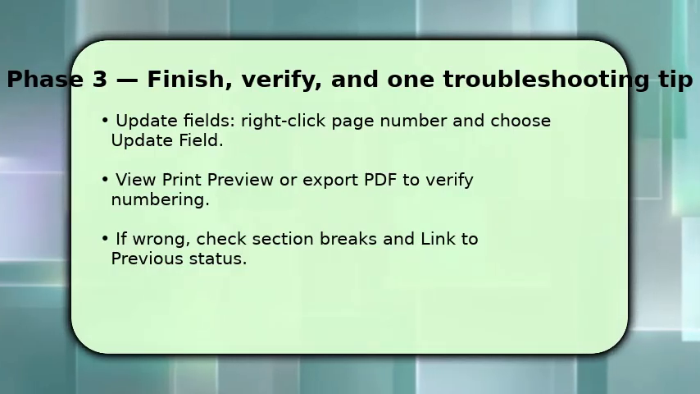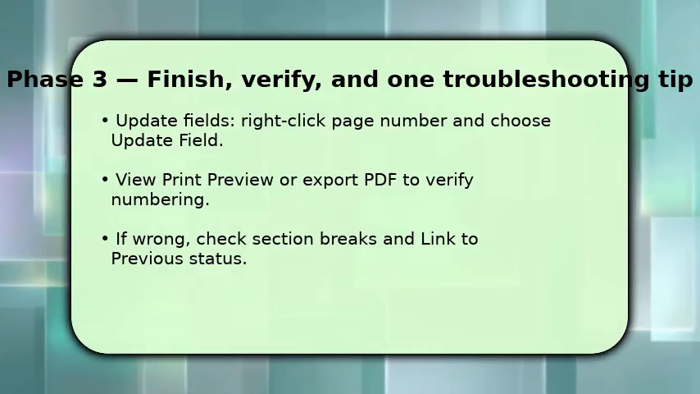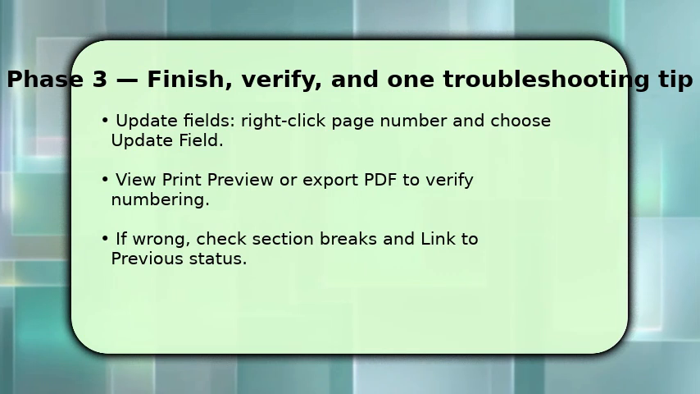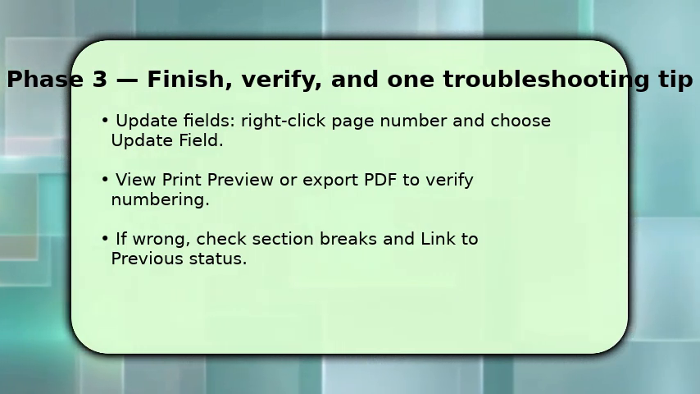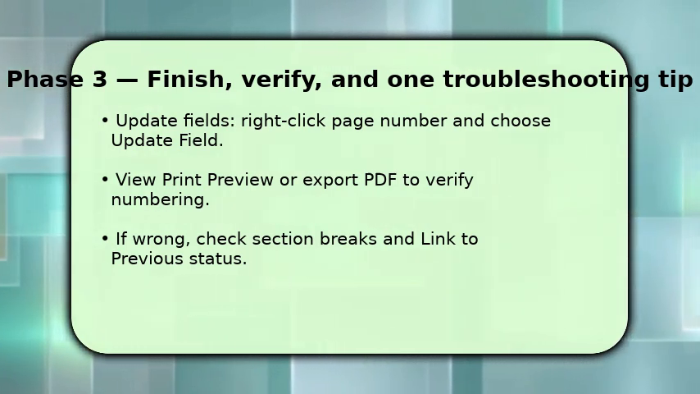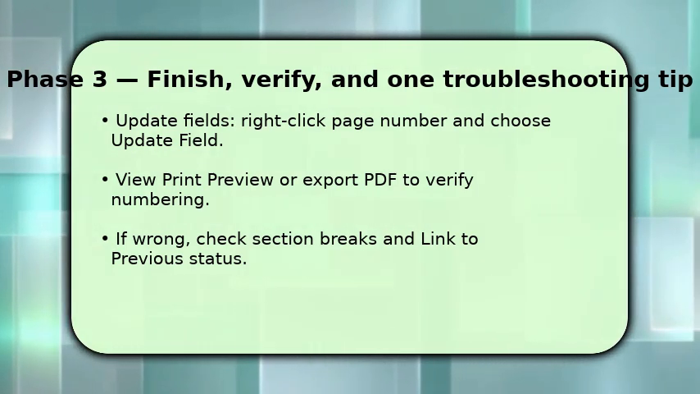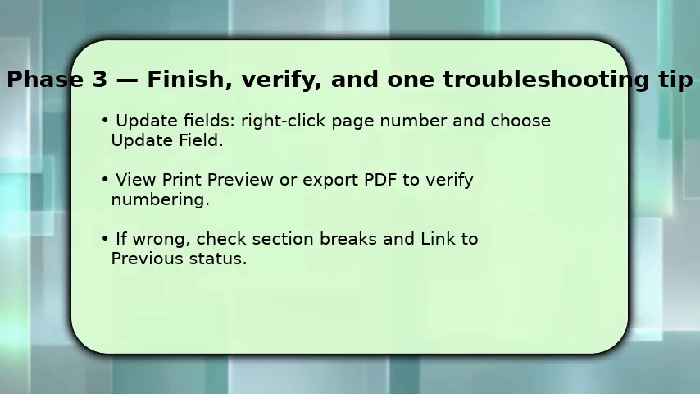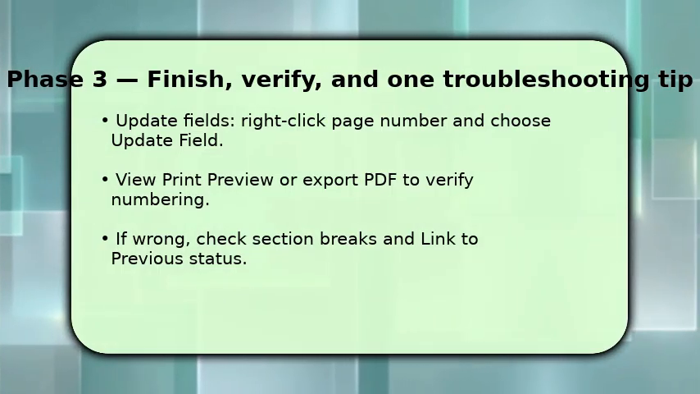Finish by updating fields and inspecting the whole document. Right-click any page number and choose Update field, then review Print Preview or export a PDF to verify the sequence looks correct. If you spot incorrect numbering, make sure each change point actually has a section break, and that link